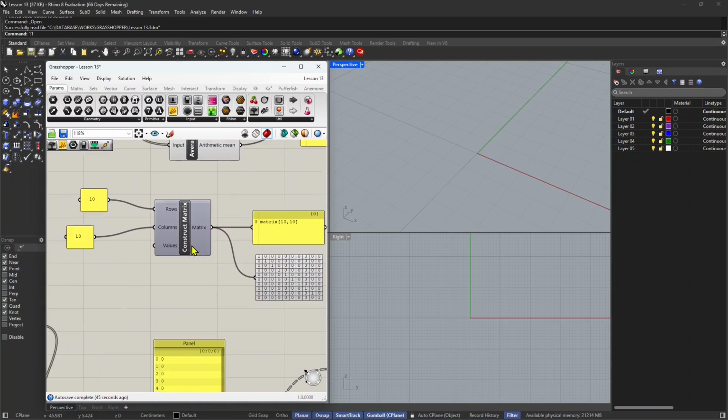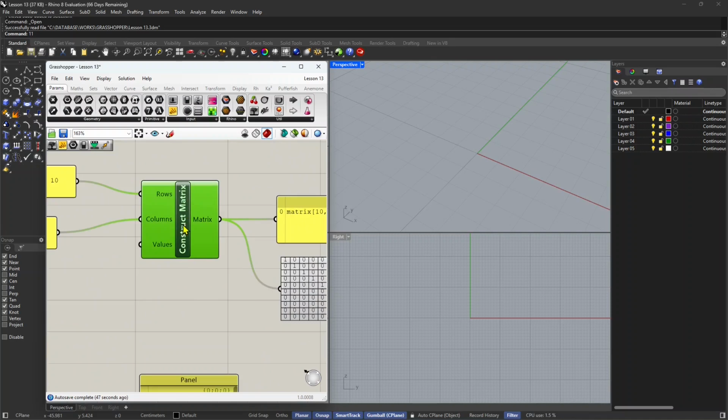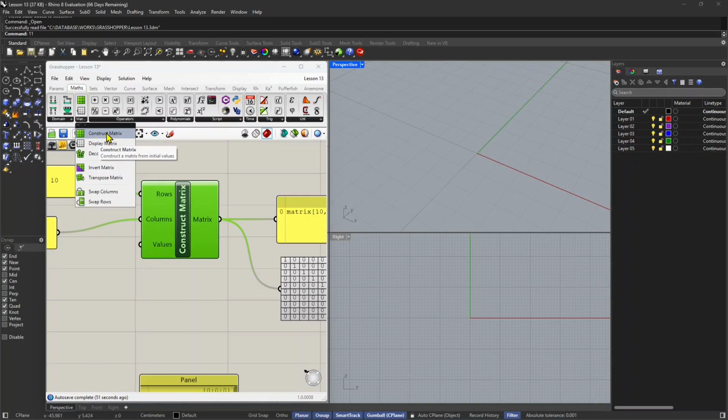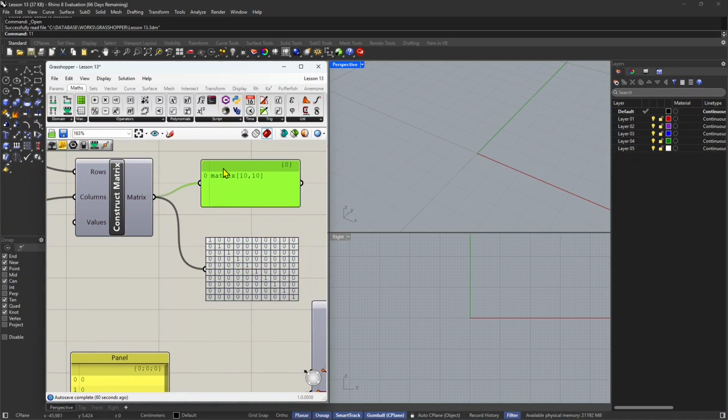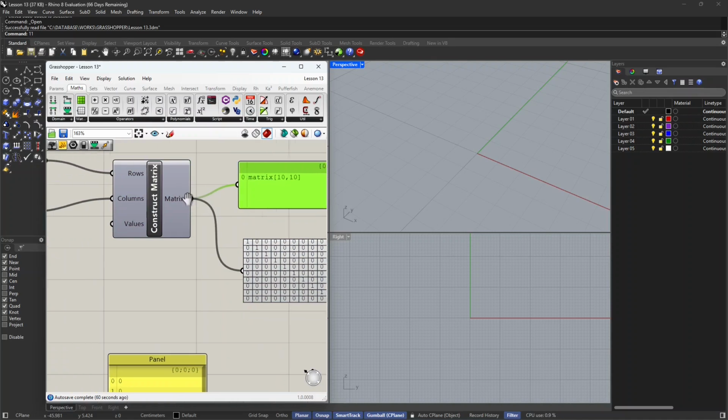And these are some examples. And also the matrix, in mathematics, generates kind of a table with rows and columns. And you have construct matrix and then display matrix. So every time you create something, one way or the other, you wanna see it. You wanna see what's going on. So you either see it with the nodes or